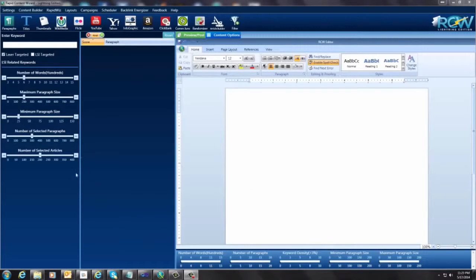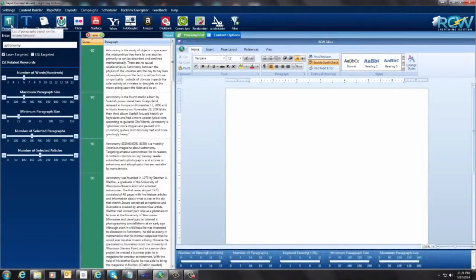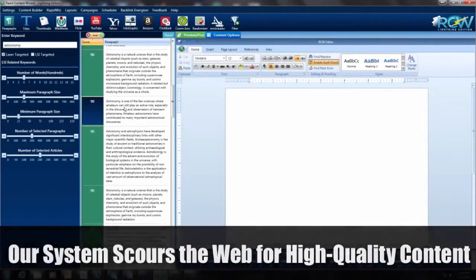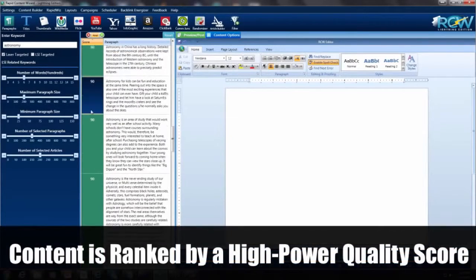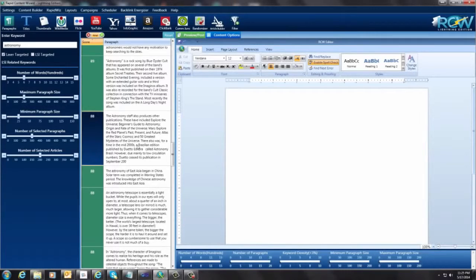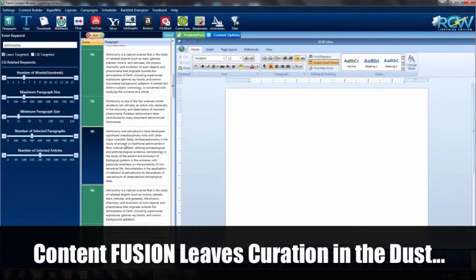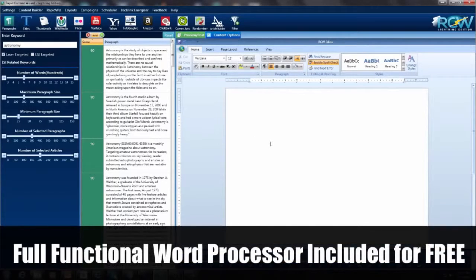So you can see on the screen here, I'm going to put in a keyword. I'm going to use astronomy, and I'm going to click on paragraphs. Okay, now look at this. We have lots and lots of paragraphs here that we can choose from, and look, they all have a little score beside them. I know a lot of them are in the 90s, but you can see they go down in value here. They've all been scored, and all the most relevant articles are put on top, so it makes it very easy for you to just select these and put them into this word editor that we have